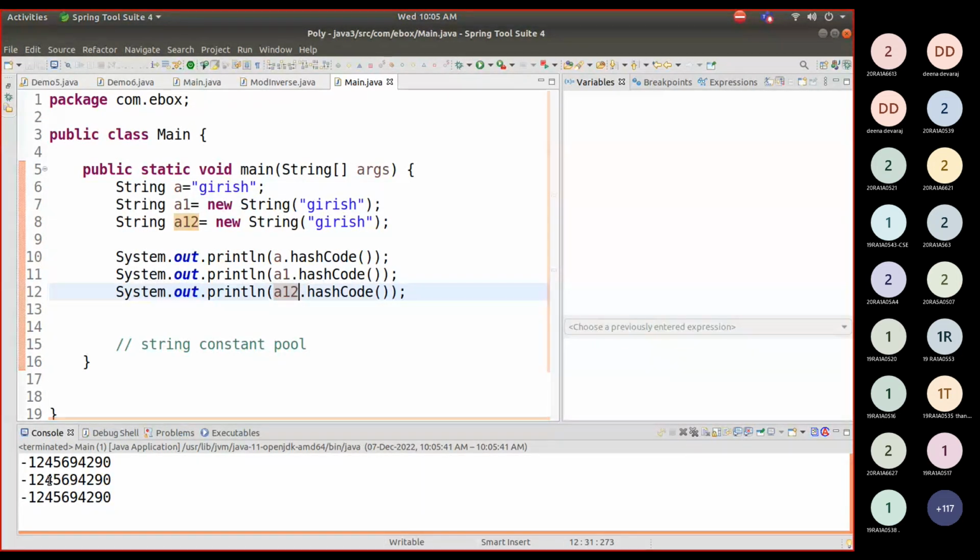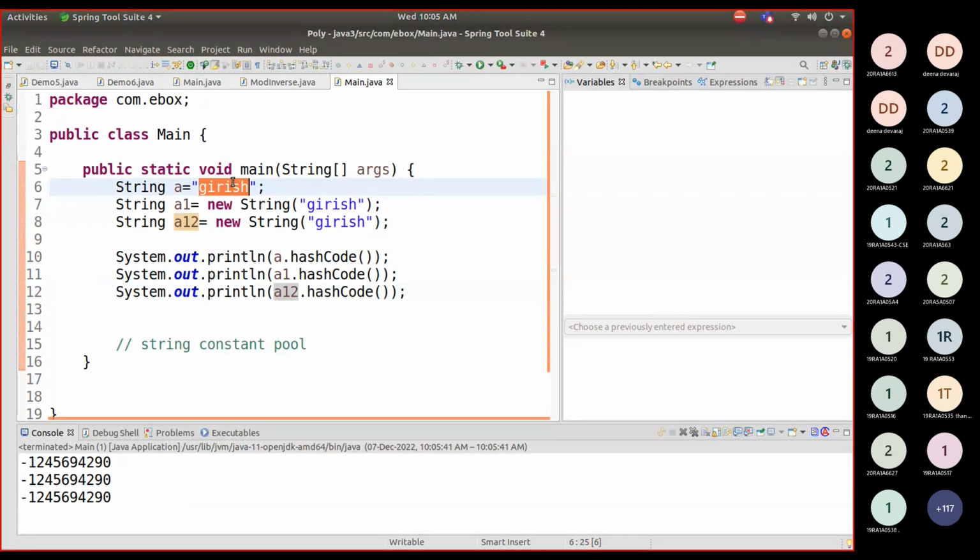All three addresses are the same. Means once a string is created, again the string object will not be created. Okay, so in interview they'll ask this question: what is string constant pool and how does it behave? You can say string is immutable in nature. Once the string is created, next time when you are creating the same string, the duplicate of that object will